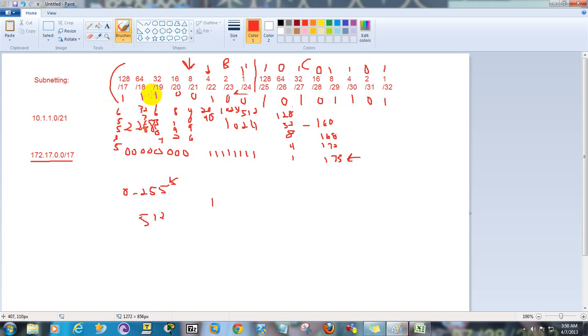Break that into quarters, you have 16,000. You break that again, you're going to have 8192 per subnet. Break that down again, it's 4096. You break that down again, it's 2048. Keep going down the line until you have,